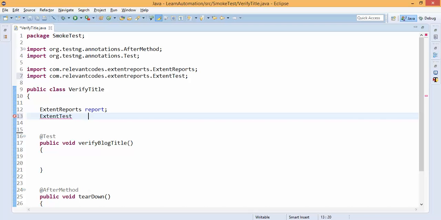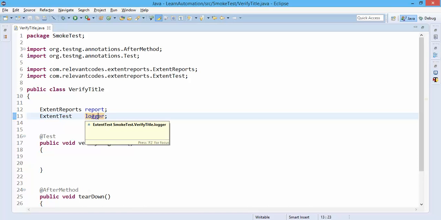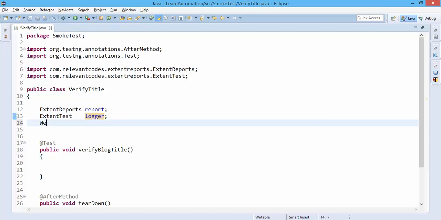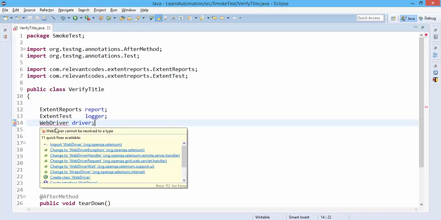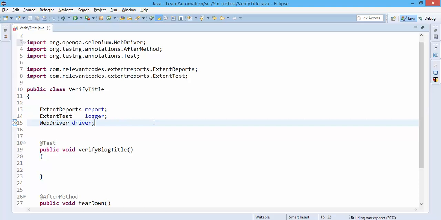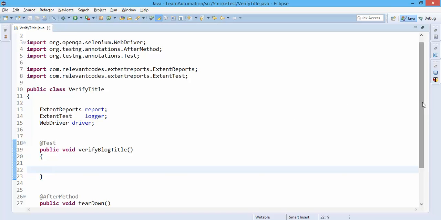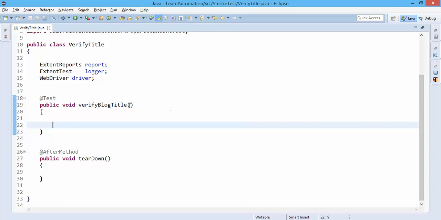So I will name this logger, because this is going to log our steps. So for extend test I used one variable called logger. These are all global variables I am creating so that I can use across my test. I am creating one global variable for WebDriver as well, so that I can use this driver inside my test and after my test. So let me quickly write 3 lines of code that will simply verify my blog title. So I will start a Firefox browser,